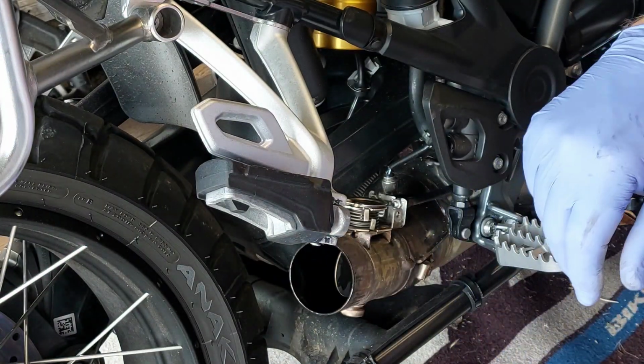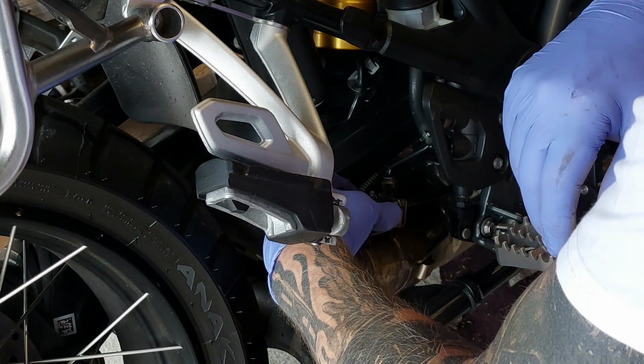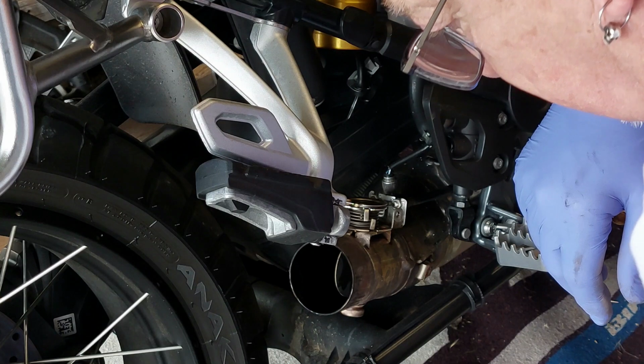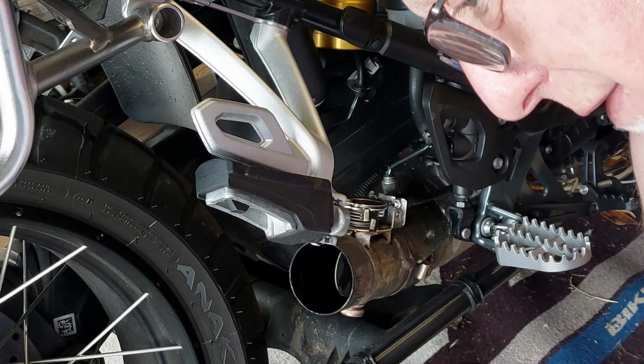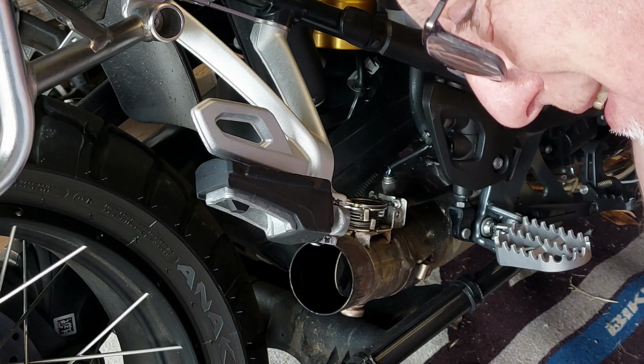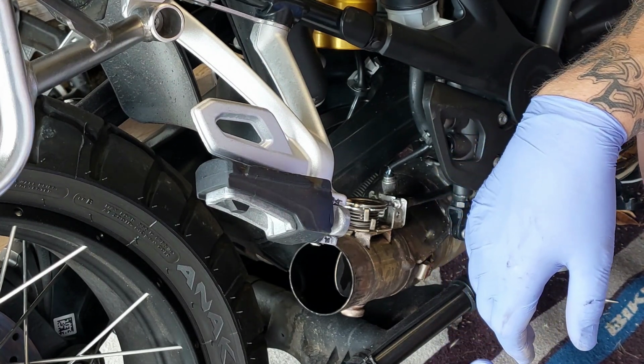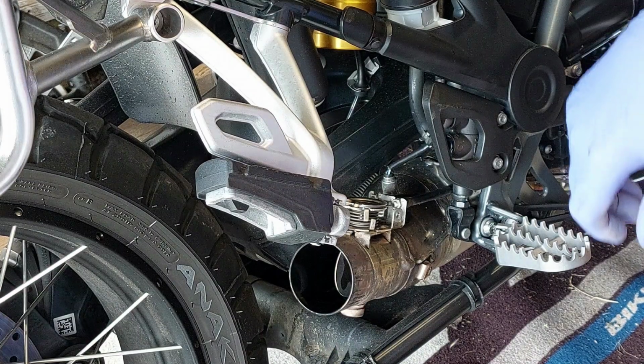So it did move. Did it move enough? Oh, my ears. And I used to ride loud Harleys, but oh, that was sharp. Right. Okay, so